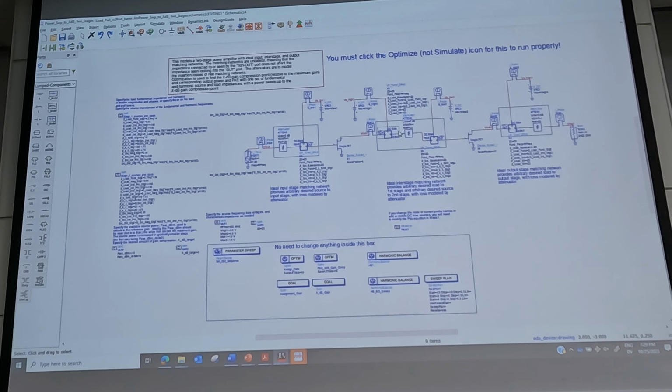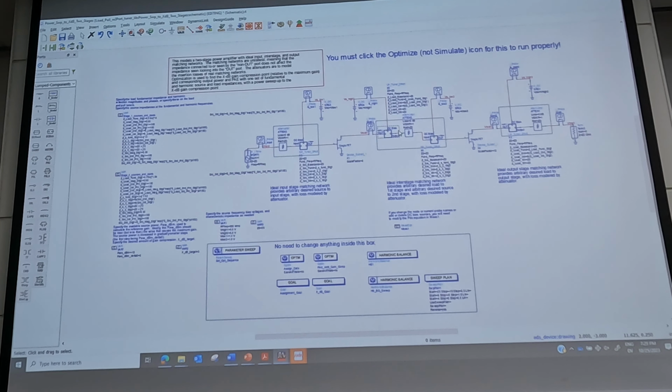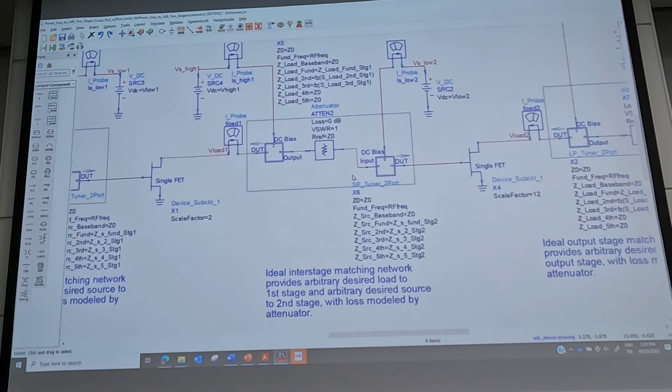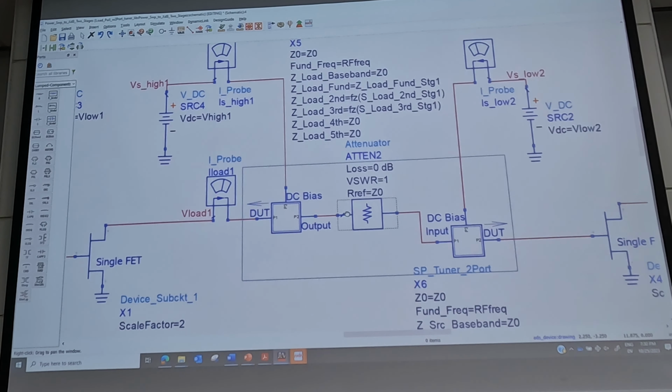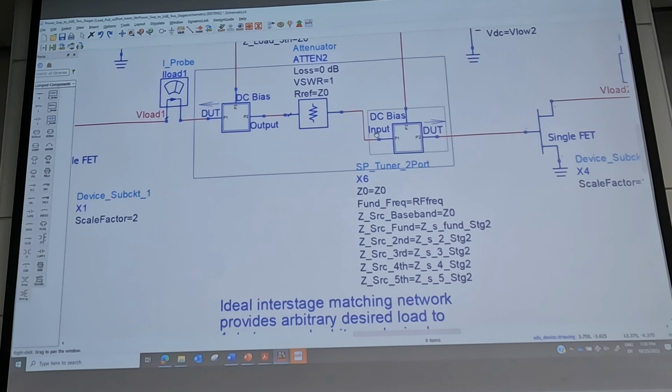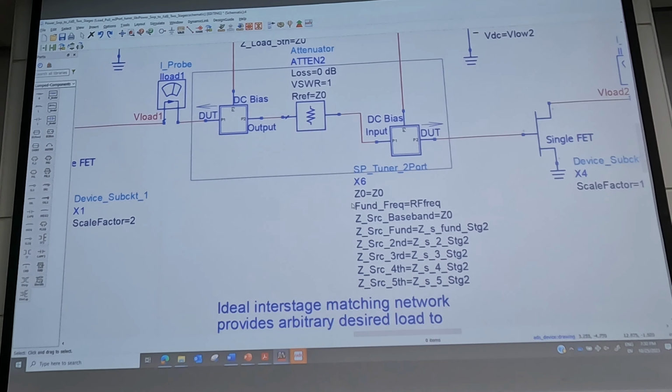How can you set up the source termination of the second stage, because you already simulated the first stage load pull? You got the load impedance there, and how can you set up the source termination in the second stage? These are independent.